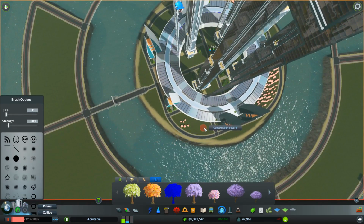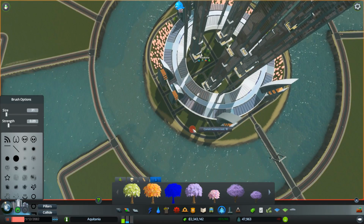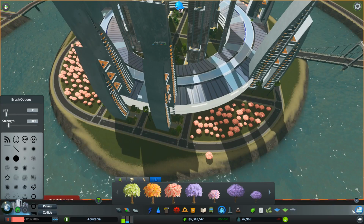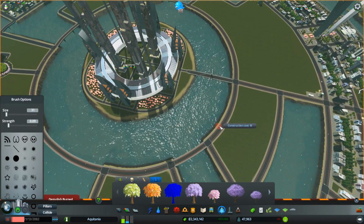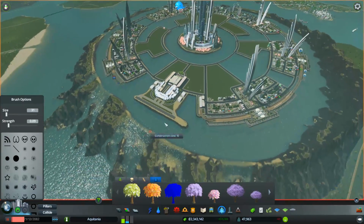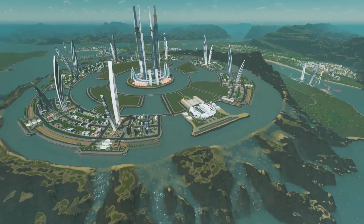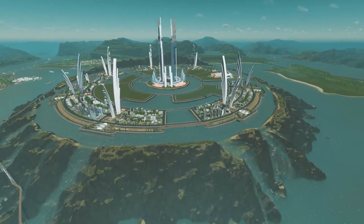And over here. And obviously we'll delete the ones that are sticking half in and out of the building. I wouldn't leave those like that. But the thing is, they're such a distinctive colour that they really stand out in the city, and that's what I want. This is why I wanted this theme of the hibiscus tree running through the city, which is why I use this tree in these parks, and I'm going to use it in other places as well. You can see, from a distance, they really stand out. They're very striking. So I'm thinking some kind of design like this, but I'm thinking to put some trees in as well. I might even go with the bamboo again,